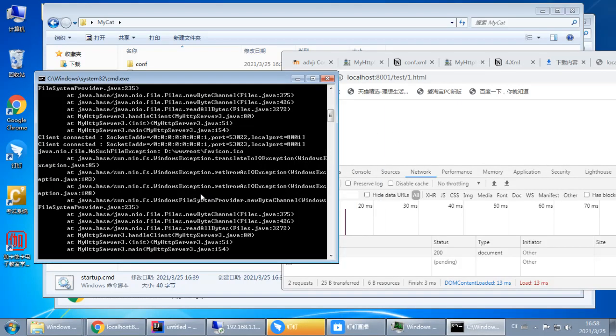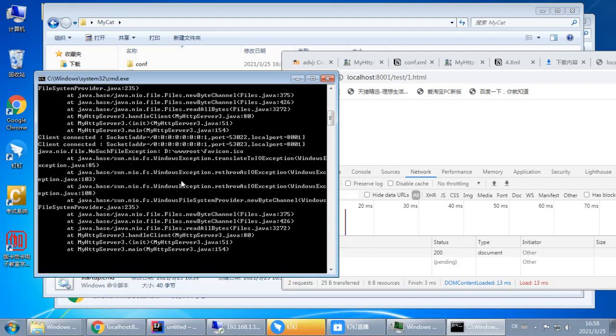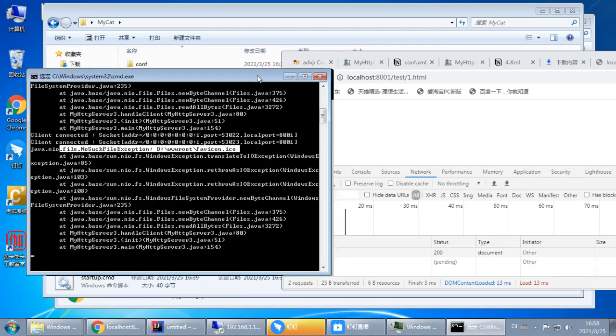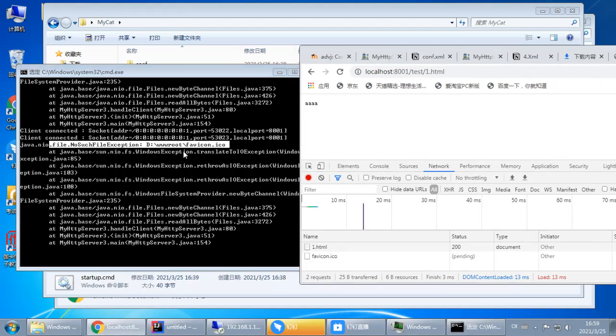content, but why are there some errors? Oh, you can see here. I just told you about the favicon, you know. Yeah, this time we can see it very clearly. That's the browser. The browser request